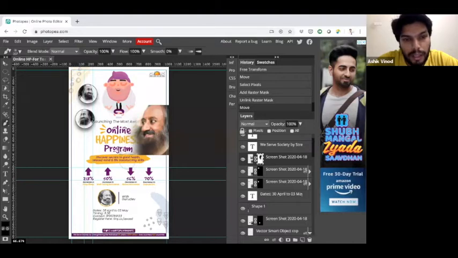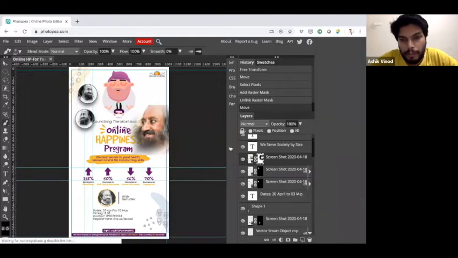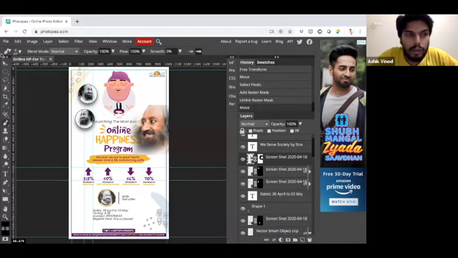So this has to be done in a very tricky manner so that Gurudev's image is not distorted or anything. I think if you do it with a little bit more perfection, it will actually get merged with the background. So that is how you do that wash off.